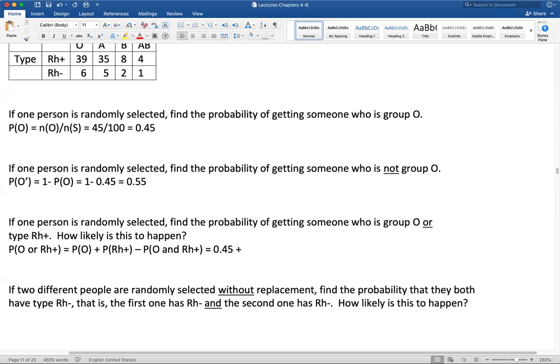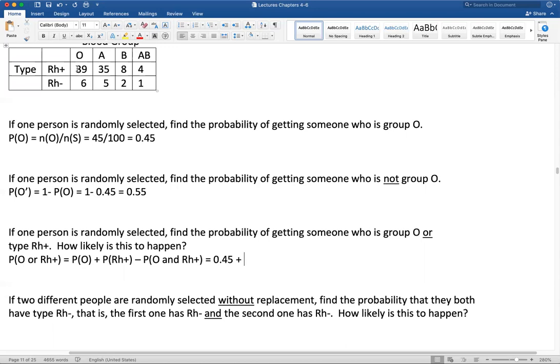Plus, probability of Rh plus is going to be what? How many people have blood type Rh plus? We add 39, 35, 8, 4, these four numbers. That's 86, right? So 86 divided by 100. And the minus, so how many people